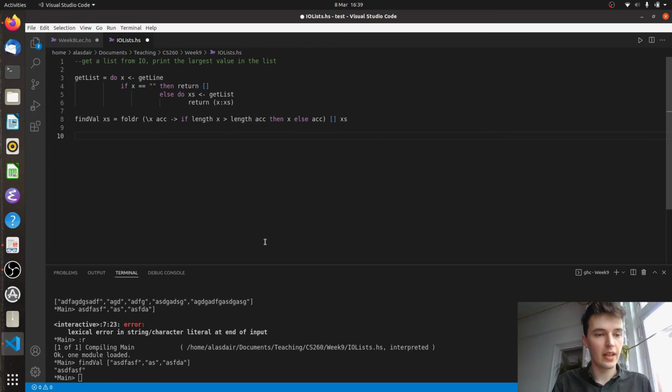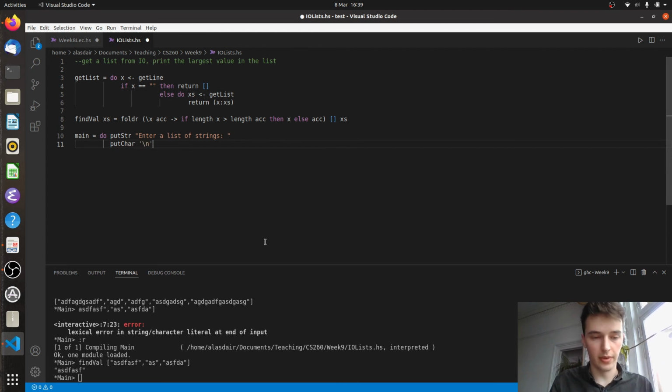So now that we've got some of this functionality down to a couple of simple steps, what we can do is create a main method which will call these functions, and they will handle most of the work for us. And this will mean that our main method is quite short and quite concise. So let's do main equals do, and we'll do some printing, so we'll put a string saying enter list of strings, something like that, so that the user knows what they're doing. And then we'll do put car,